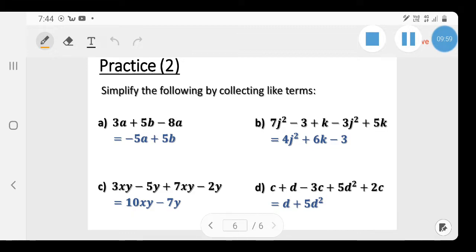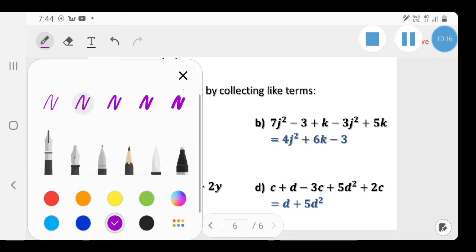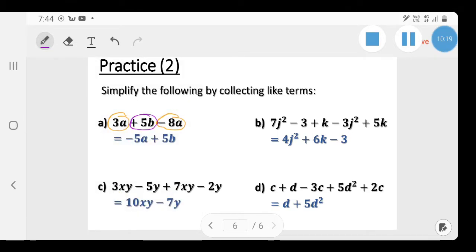All right, let's do some that are a little bit more complicated. So 3a plus 5b minus 8a. I'm going to circle like terms in the same colour. So 3a and minus 8a are like terms. And plus 5b, that's on its own. Okay, now 3a minus 8a. See, if I drop that plus 5b out,